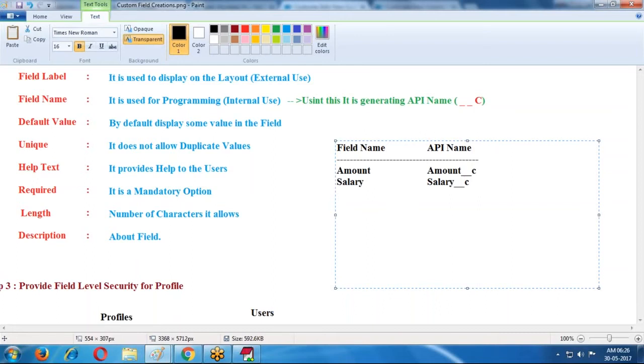Now country. For country it is creating country underscore underscore c. State. For the state field, state underscore underscore c. Phone. Phone number.